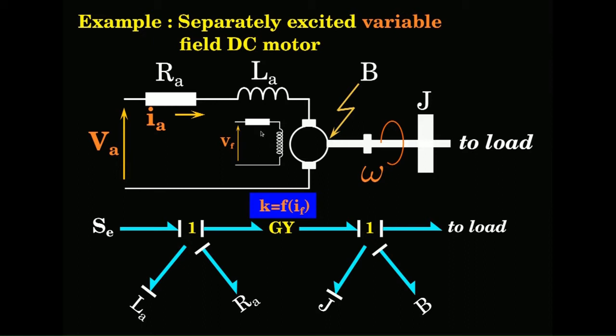Now, take the case that this terminal is connected to this terminal. This VF is connected to VA, easy, because I already have one source here and I have a degree of freedom here to adjust RF, instead of having one more source here. So, let us simplify it slightly without loss of generality. I connect this terminal here and I connect this terminal here, clear. And now look at the model.